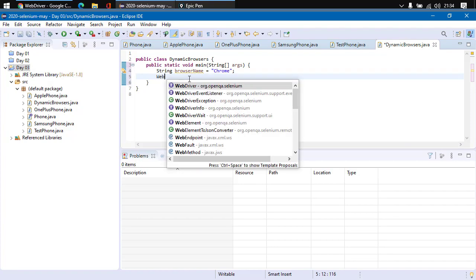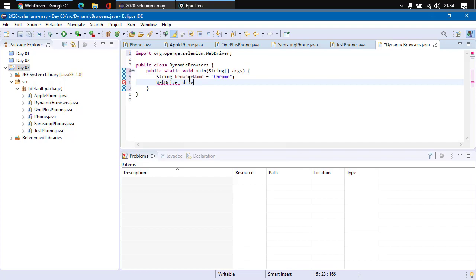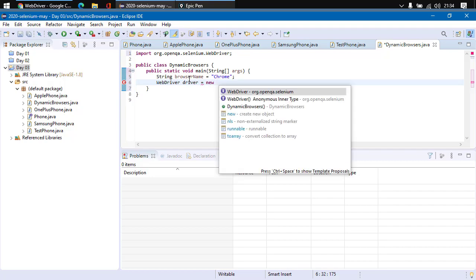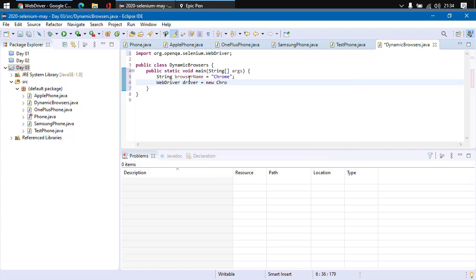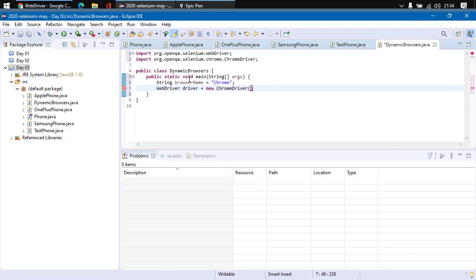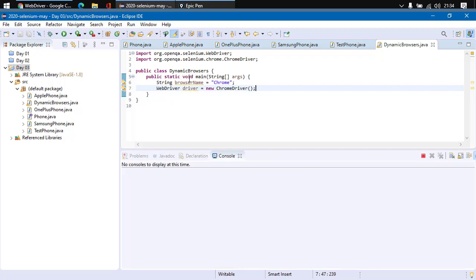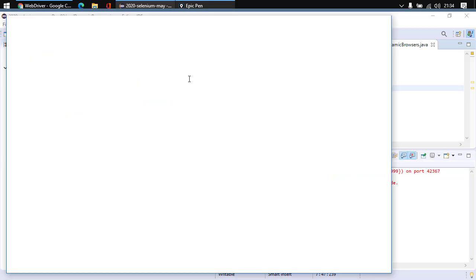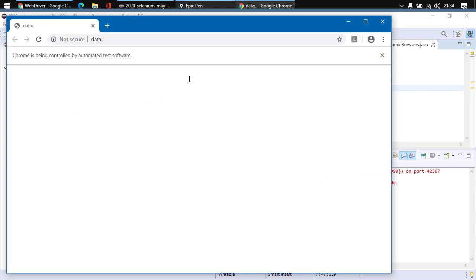Now WebDriver driver. Now let us just do one thing. Let us first try something, that is whether it is opening the browser or not. New ChromeDriver, right? Control F11. Now it may work, it may throw an error. Let us just see what it does. So over here, the browser is opening, and you guys can see that it has taken us to this particular page,